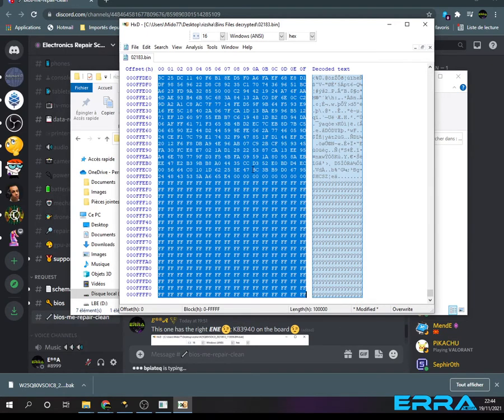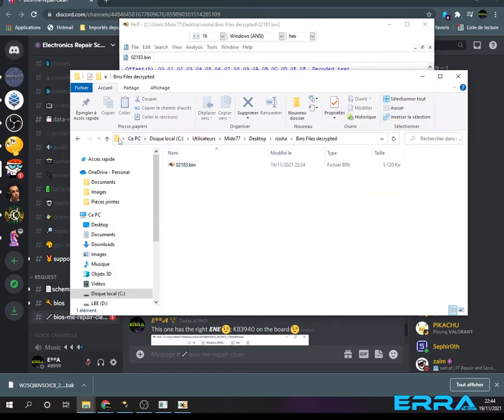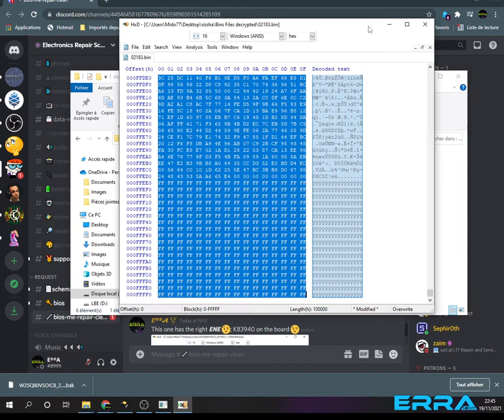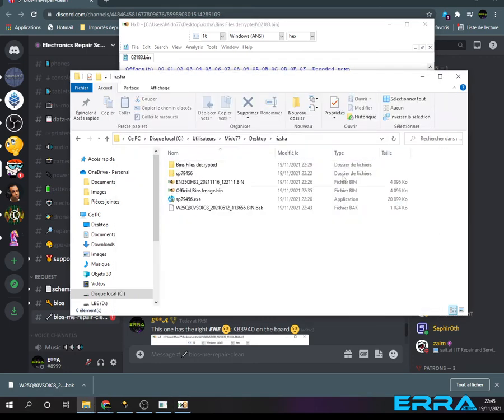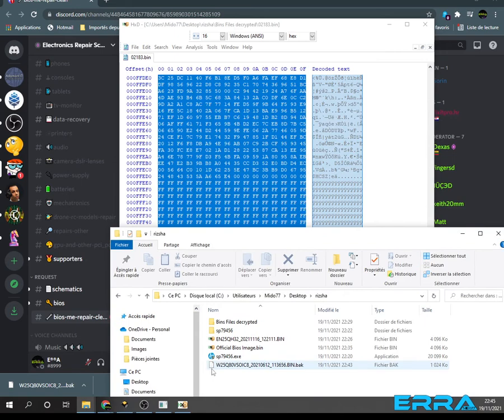If we do Control A here, it's the length of 100,000 hex. The length is a size of 1 megabyte, and the file was 5 megabytes. So we have taken the 4 megabyte block, which is the block for the main BIOS, and now we are left with a 1 megabyte block. So let's open the EXE, which we have just downloaded from the server,